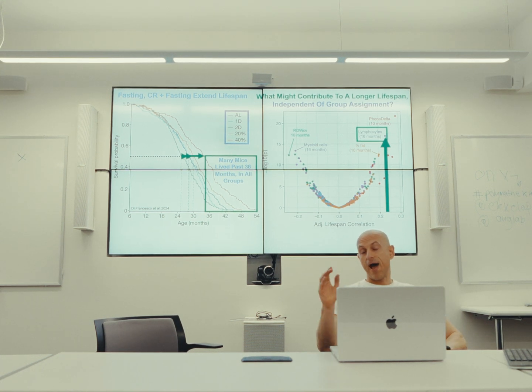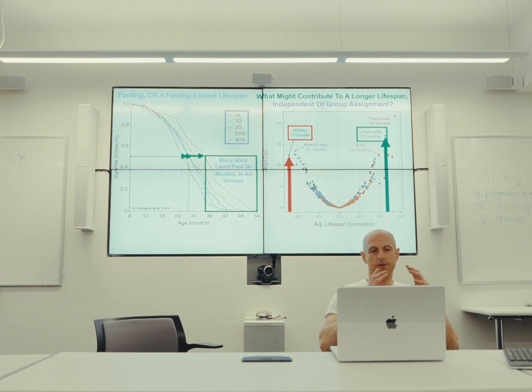So having relatively higher levels of lymphocytes when the mice were 16 months of age was significantly correlated with longevity, independent of which group the mice were in. So it didn't matter if they were 20% CR or in ad lib. If they had higher levels of lymphocytes at 16 months, they were more likely to have an extended longevity and live past 36 months. On the other hand, the RDW, so the red blood cell distribution width, which is a